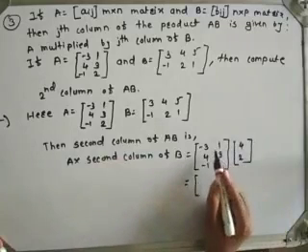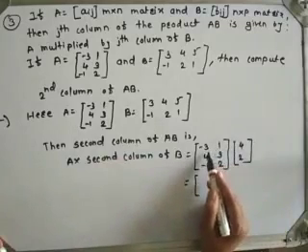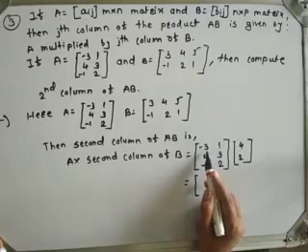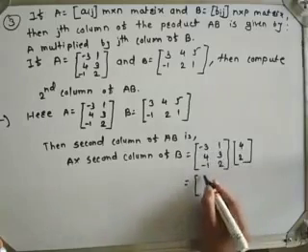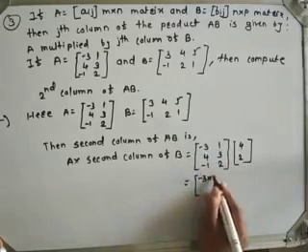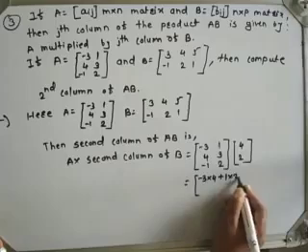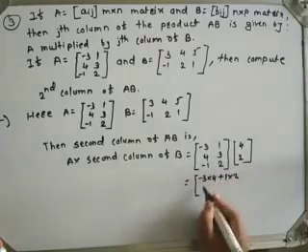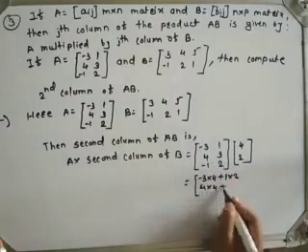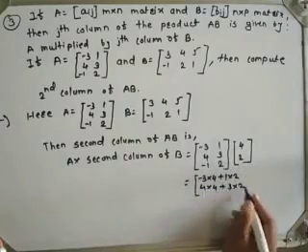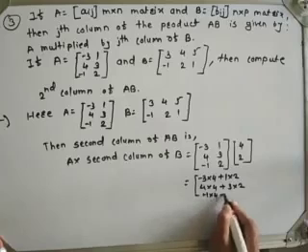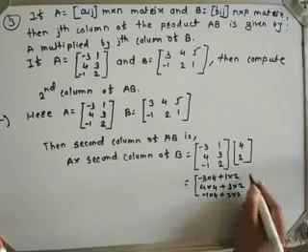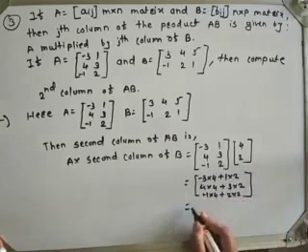For the first entry we multiply corresponding entries of the first row of A into the second column of B, that is minus 3 into 4 plus 1 into 2. The second entry is 4 into 4 plus 3 into 2, and the last entry is minus 1 into 4 plus 2 into 2, which is equal to